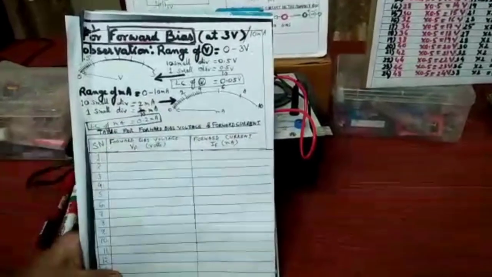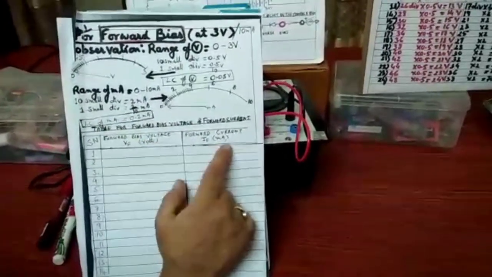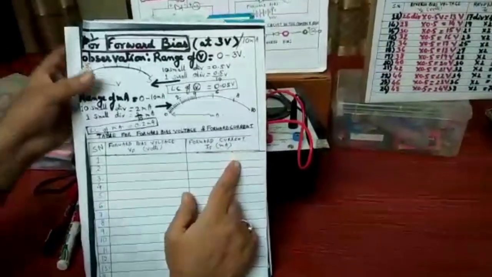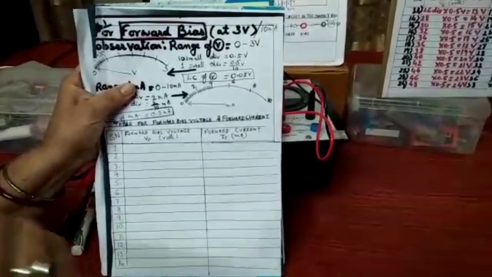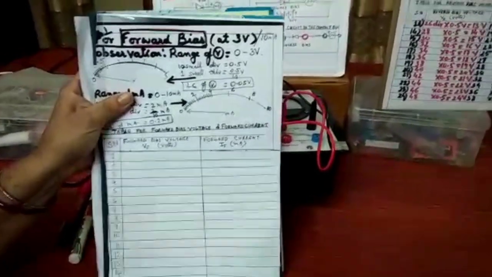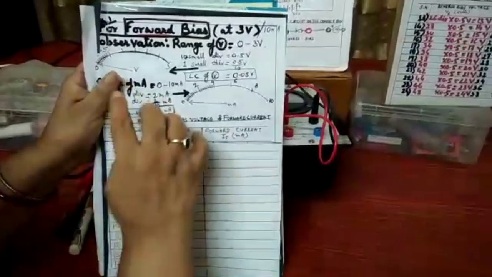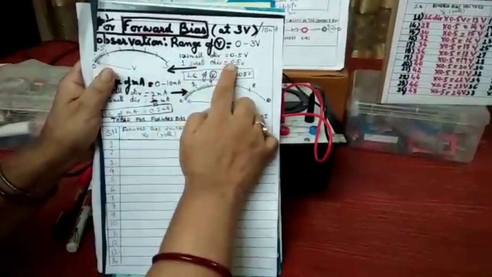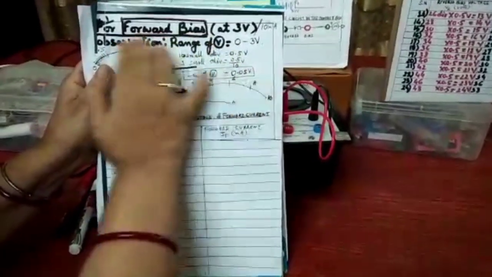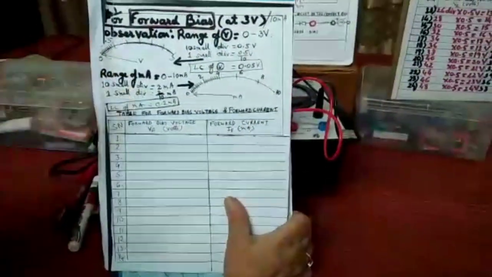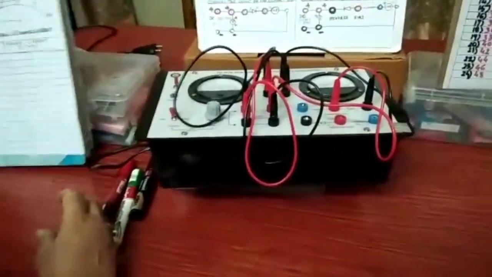So now I have a table of forward bias voltage in volts and forward current IF in milliampere. Always remember, students, you have to plot a graph. So there also you have to mention the units, and here you have to take a lot of readings, nearly 20 plus readings, 24 readings you have to take. So we have already the least count of the voltmeter and milliammeter. For taking readings of forward bias, we will just count the divisions, and then we will take the reading.